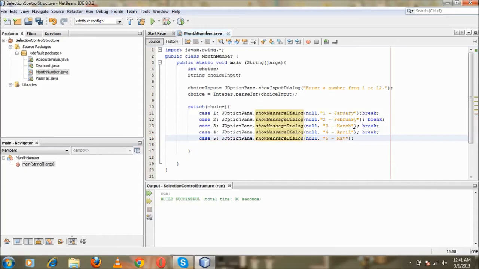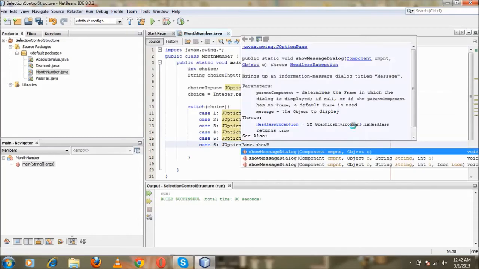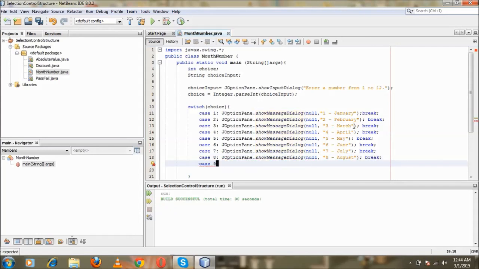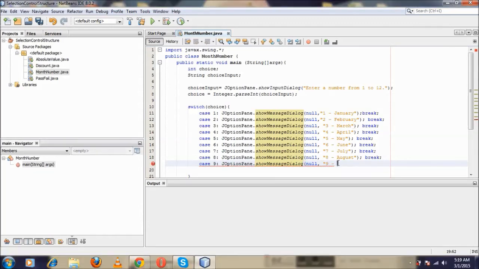Case 6: JOptionPane.showMessageDialog(null, "6 - June"); break; Case 7: JOptionPane.showMessageDialog(null, "7 - July"); break; Case 8: JOptionPane.showMessageDialog(null, "8 - August"); break; Case 9: JOptionPane.showMessageDialog(null, "9 - September"); break;